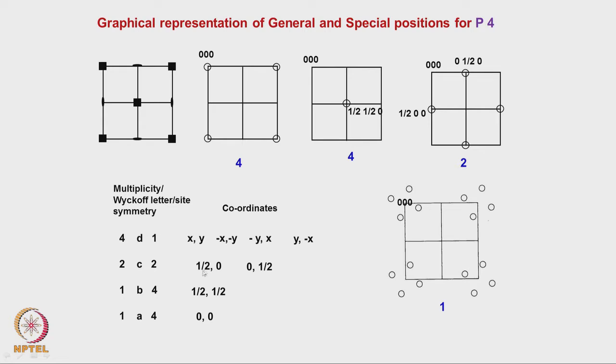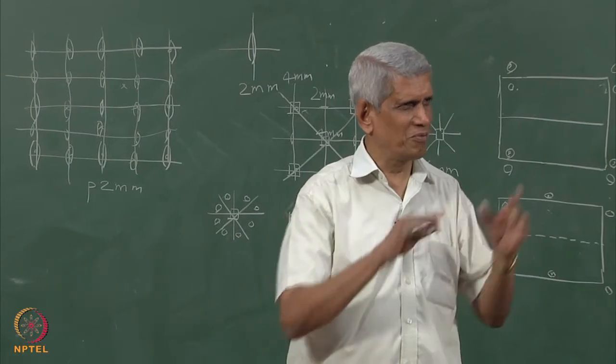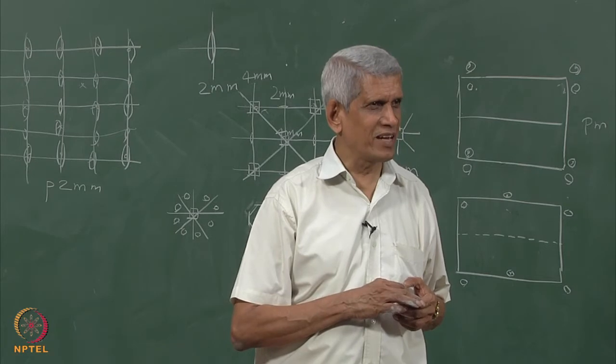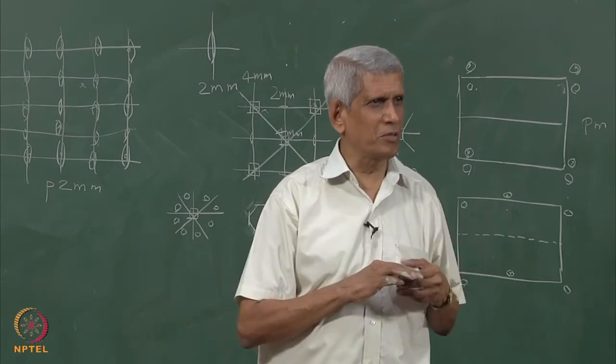Okay, and that is what essentially is represented. Now, in these ones, what is being given? The coordinates of each of these points. If we take x, y, okay, it will turn out to be minus y x, then minus x minus y, y minus x. This is going to be the coordinates. If these are all the coordinates of the points for a general transformation, we can find out the matrix which is responsible for it also. We can relate it. That way also we can represent the lattice translation. Okay, we can represent the symmetry.